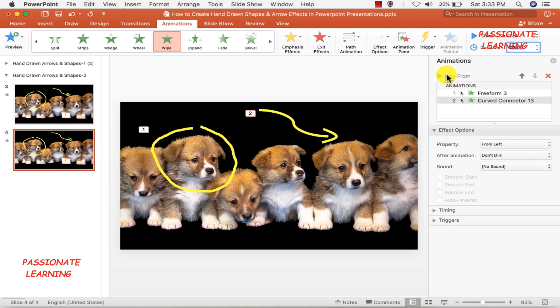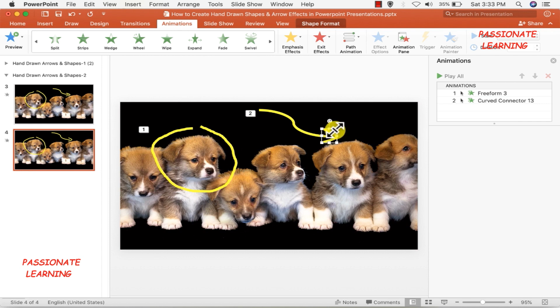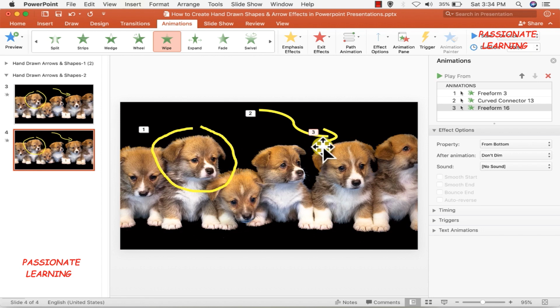Okay, so now the next step is that I need to add a wipe animation to this arrowhead. So I click here, select this wipe animation, and you can see the default direction is from bottom towards top. In order that it looks more beautiful and it looks that it is being drawn by hand, let me come over here to the effects options, and the effect option should be from top towards bottom, like this. And then let me increase the duration of this animation to, let us say, 1.75 seconds. Now this particular base of the arrow should be starting on click, which is okay, and this particular arrowhead should be starting after previous. So let me change it here, like this.